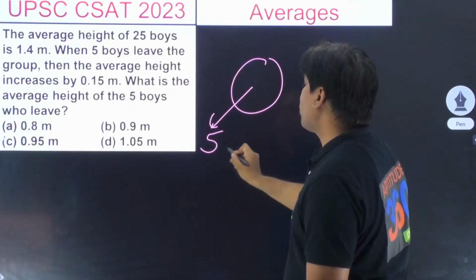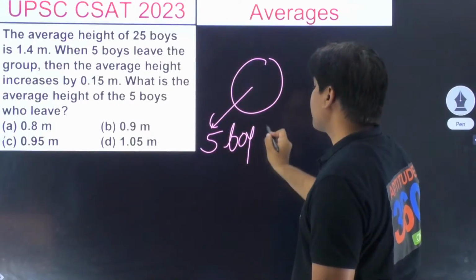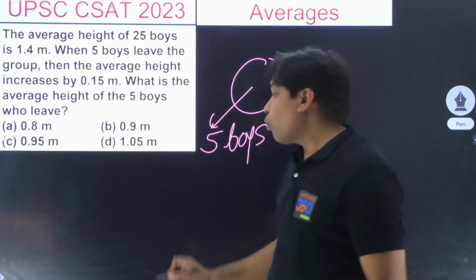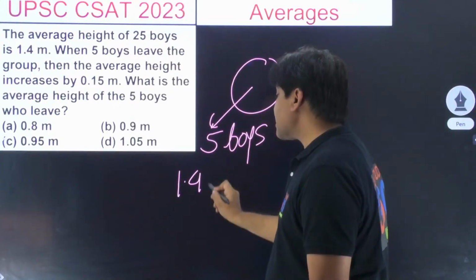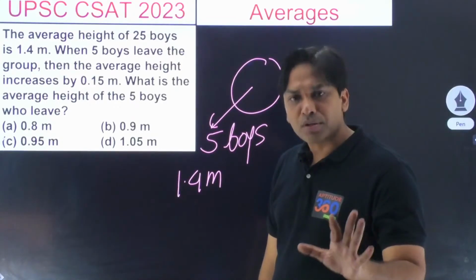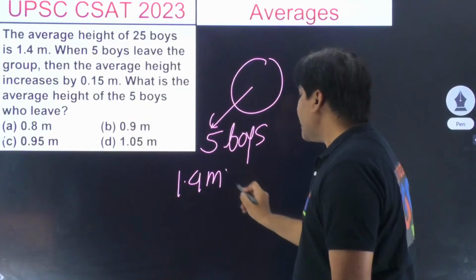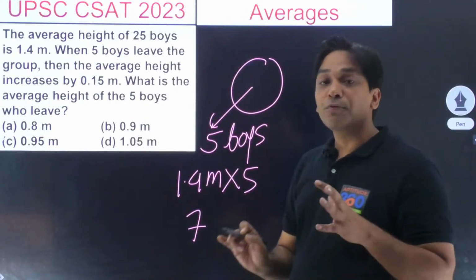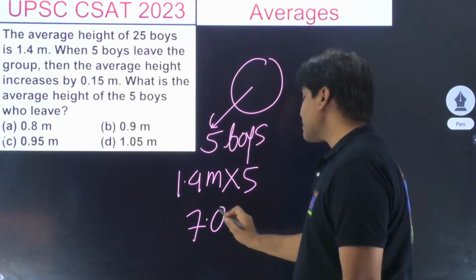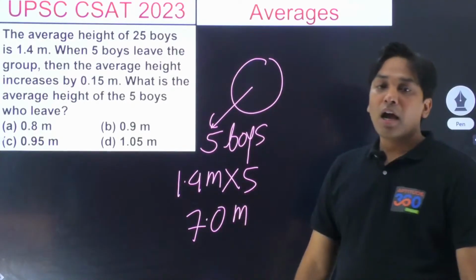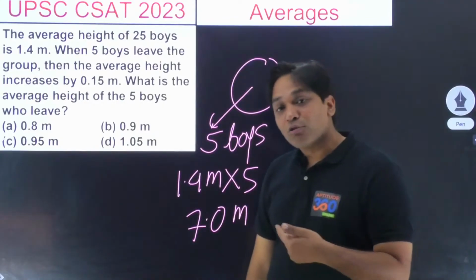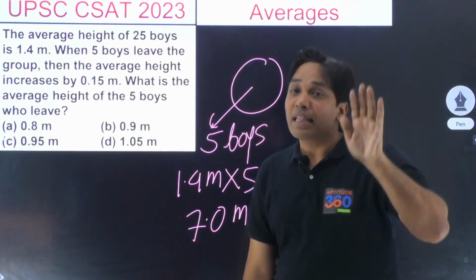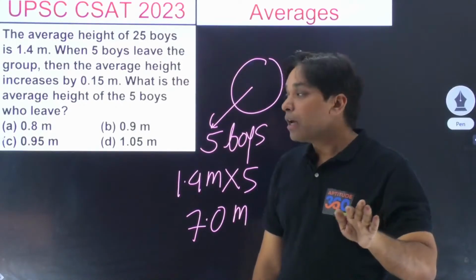So 5 boys leave the group. And what is the average of the entire group, which is 1.4 meters? 1.4 meter per person, that is the average, right? Into 5, because 5 persons are going, so this is coming out as 1.4 into 5, it is 7 meters. So how much should they have taken with them? They should have taken 7 meters. Had they taken out 7 meters collectively with them, then the group